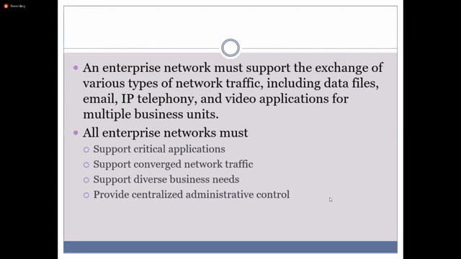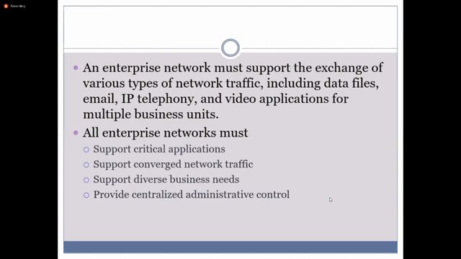Every business has critical applications, like sometimes the ERP, sometimes we talk about air traffic controlling, railway traffic controlling, electric power grid systems. Those are critical applications.